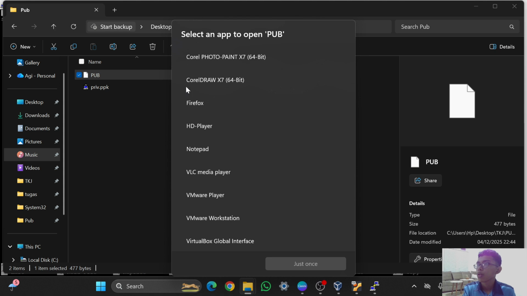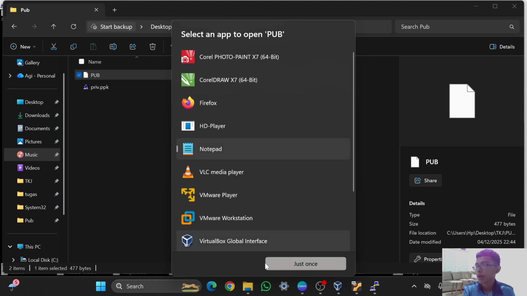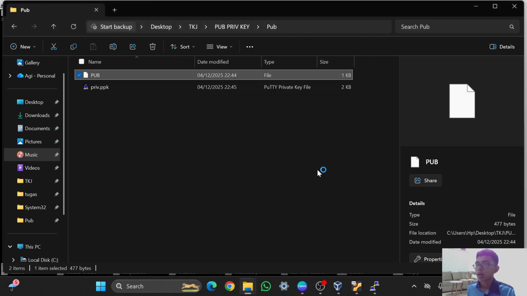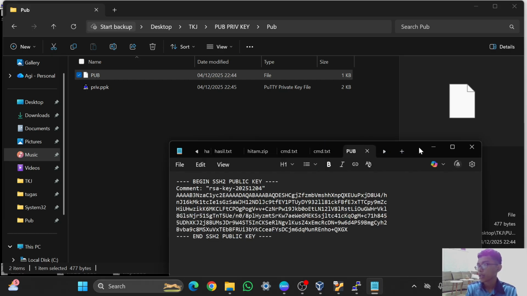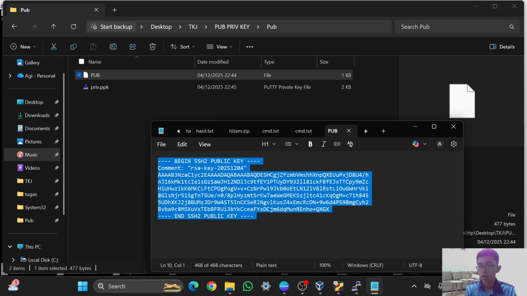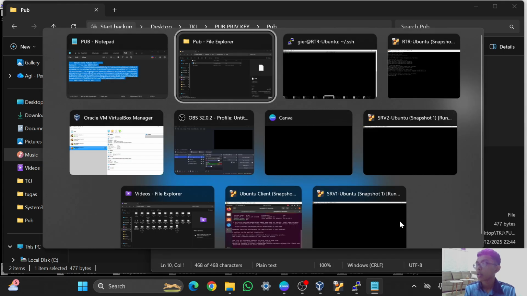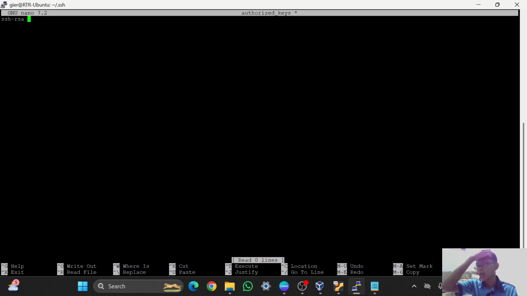I will open it with the notepad just once, and I can copy this public key using Ctrl+A, Ctrl+C, and then I will open the router Ubuntu again on the PuTTY, and we can just use Ctrl+V, I think.